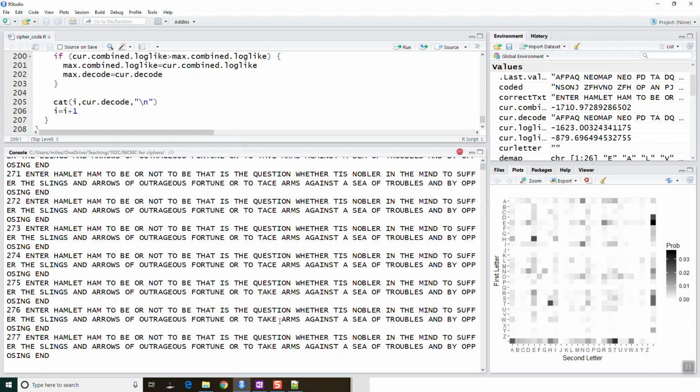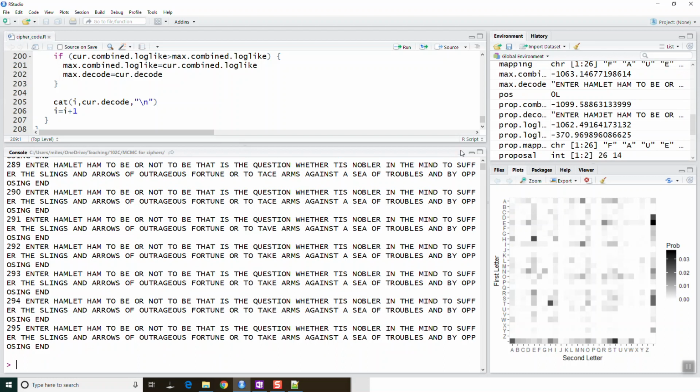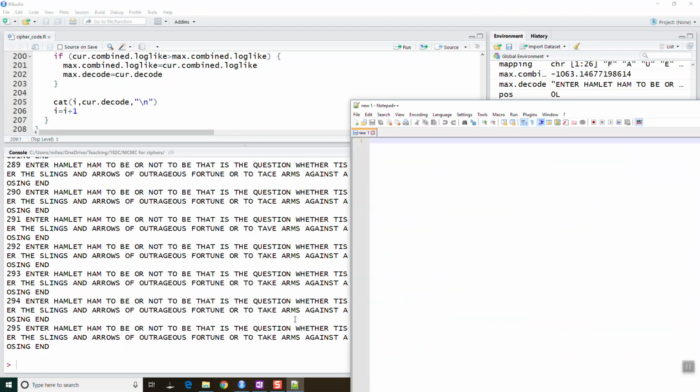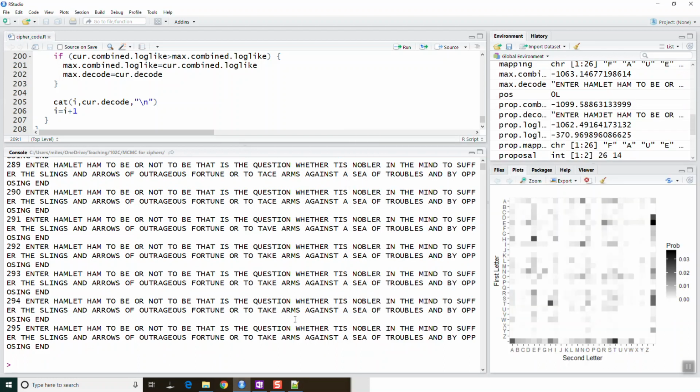It's not sure, right? It doesn't know the difference. So here it's proposing taste versus take, small things. It's swapping letters, probably letters that don't even appear in the text here. Okay. All right. Well, I'm happy. It worked out. So we'll go ahead and stop there. I was nervous that I did something wrong in my code,